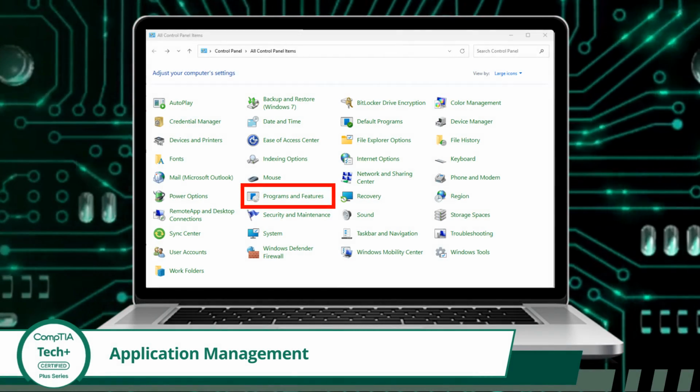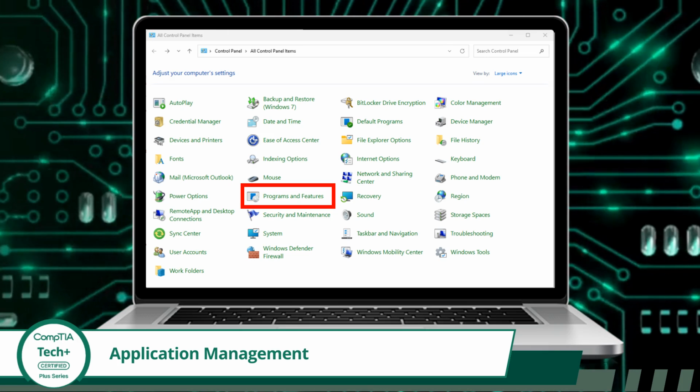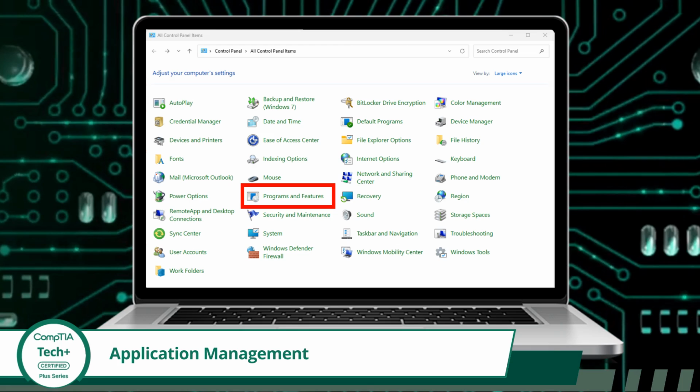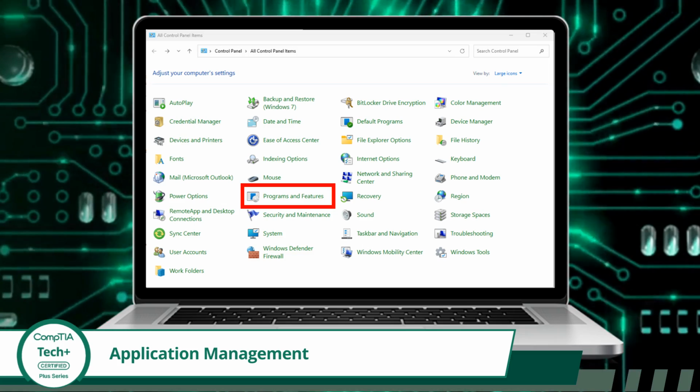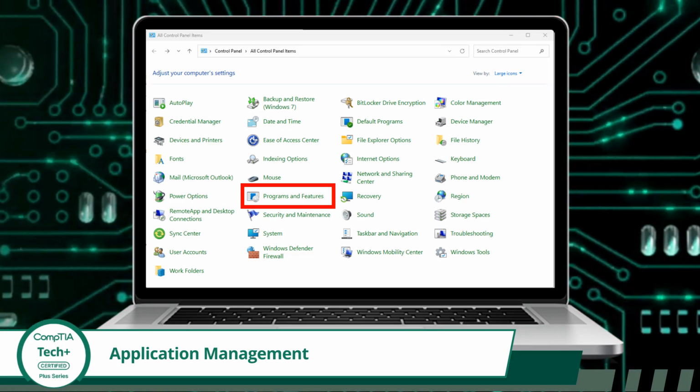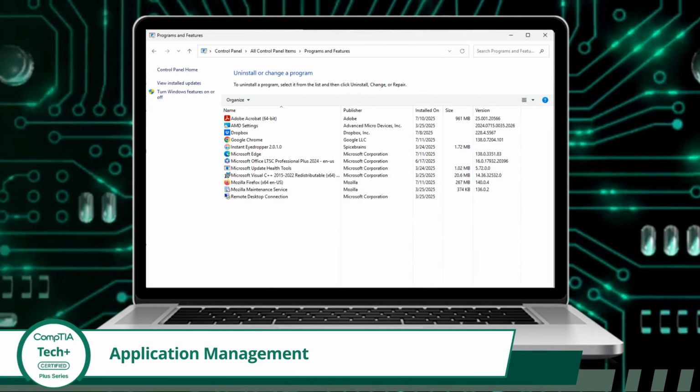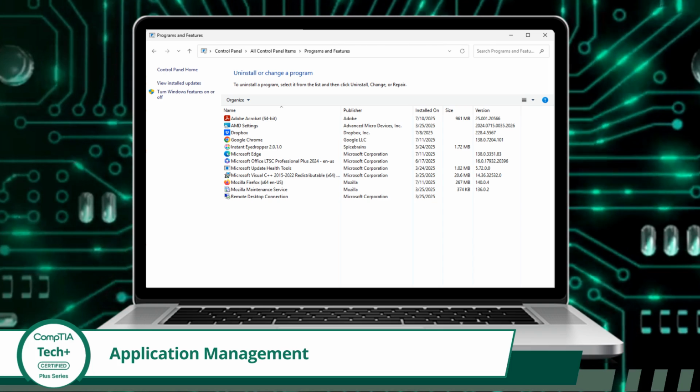Now that we have defined what an application is, managing these applications is another function of the operating system. Within Windows, we have the Programs and Features applet to assist users in performing the basic functions of application management. Once an application is installed on a Windows system, you can use the Programs and Features applet to view, manage,